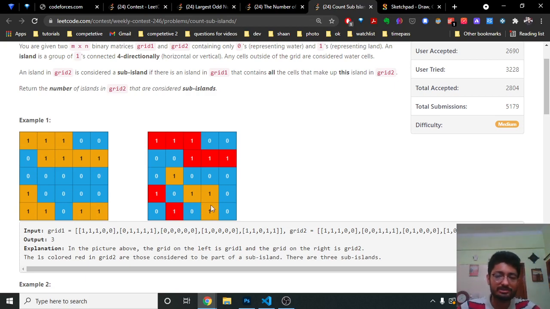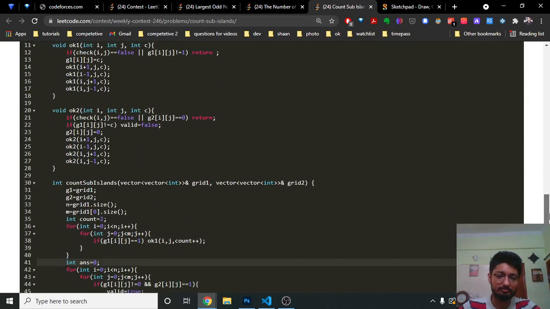Okay, so I will start iterating over this island and check whether all these blocks are 4 in the corresponding grid 1. This is 4, I will check over this, and this is 4, which is fine. This is not an island, so I will not mark it out. I hope you get the point. I will show you more with the code part now.